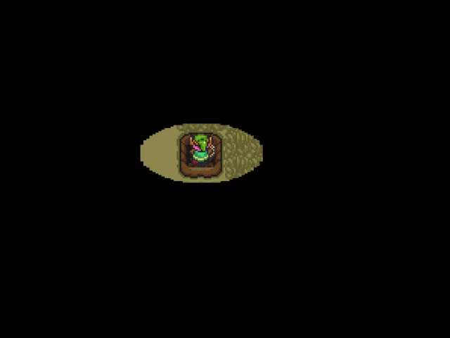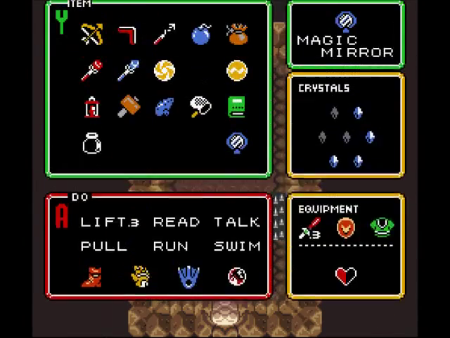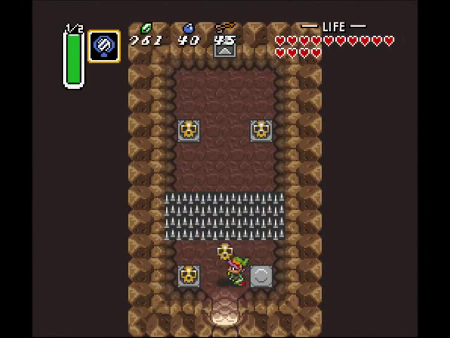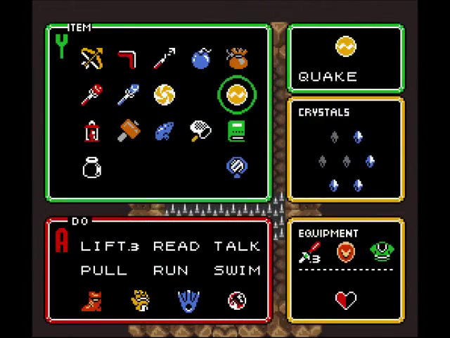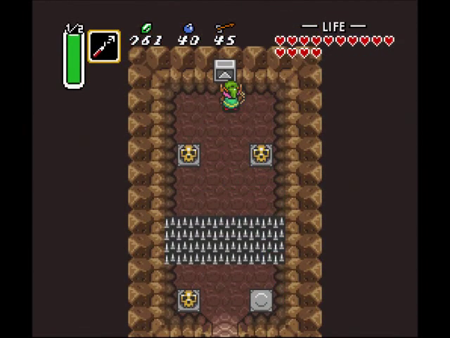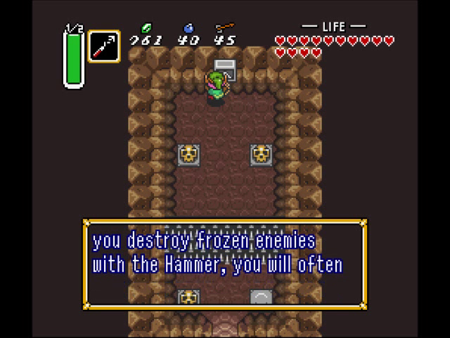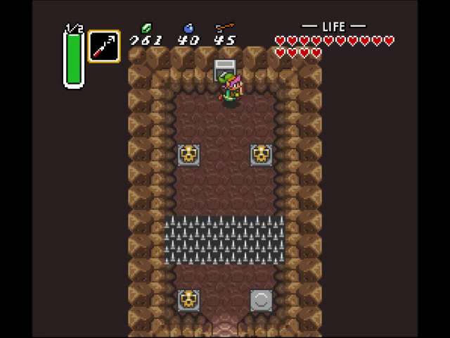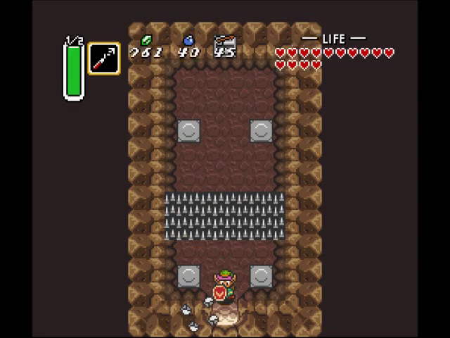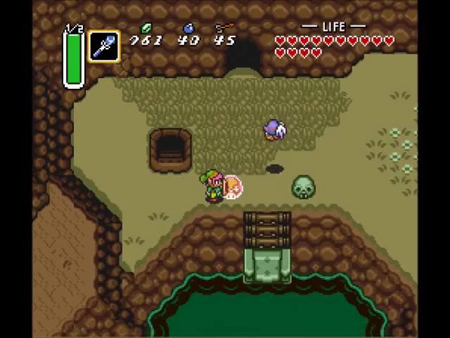So let's go explore down here in this cave over here. Alright, okay, so there's nothing in here except for a bunch of hearts. Let us hookshot to these pots over here and talk to this tile. "Link, did you know if you destroy frozen enemies with a hammer, you will often get the magic to counter?" I already knew about this tip, but I didn't show it off too much. So let's go show it off against some of these enemies over here. There's also a few other tidbits that I want to explore as well, but...